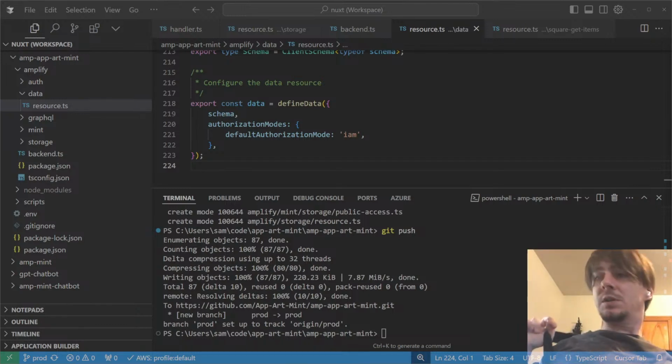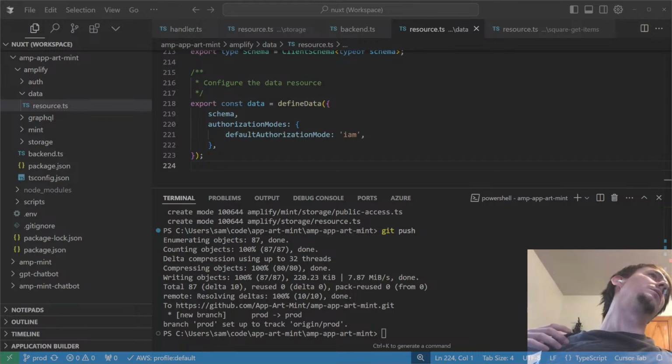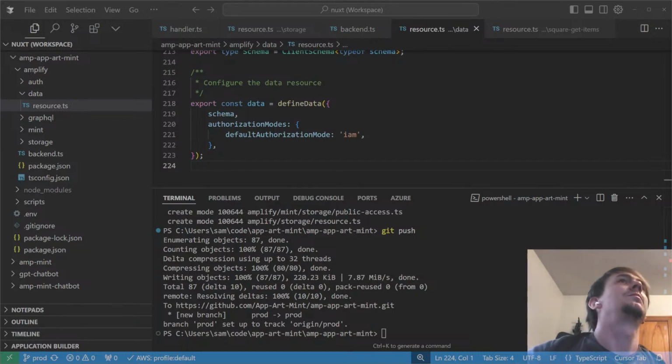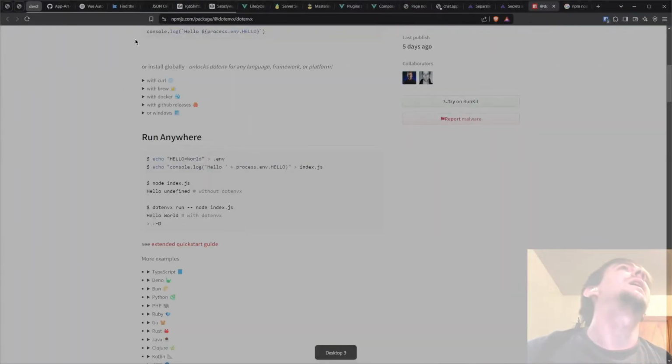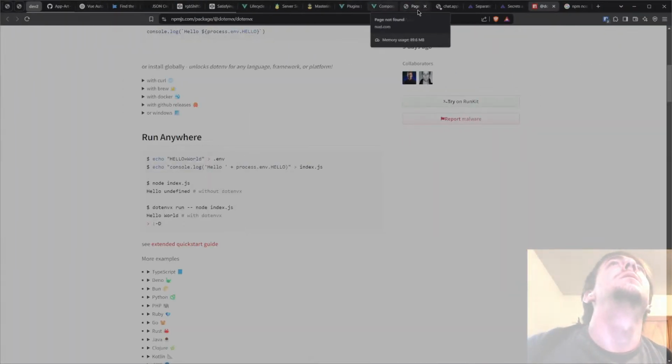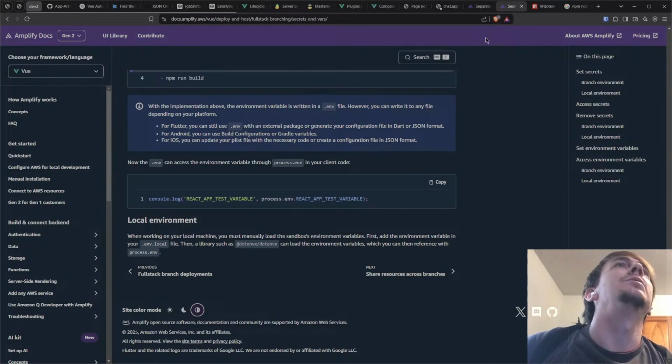So that's building. I guess while we're waiting for that to fail, I want to go back to